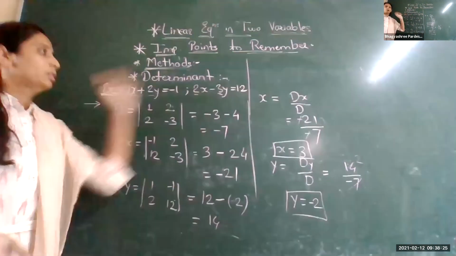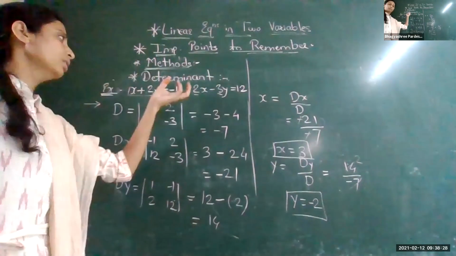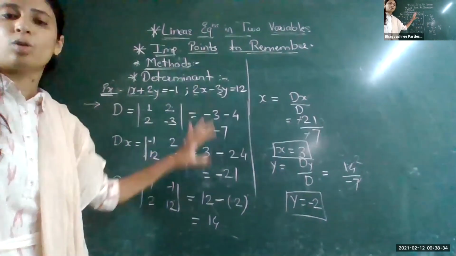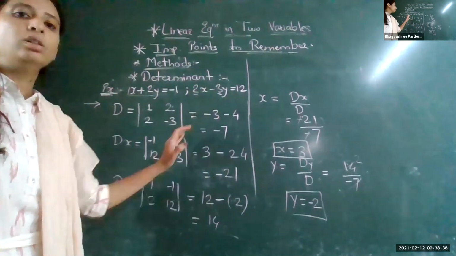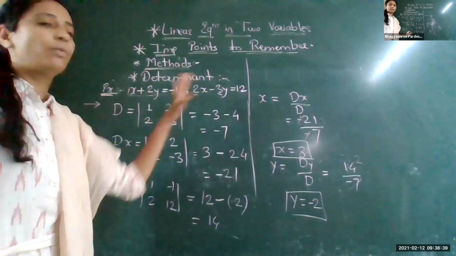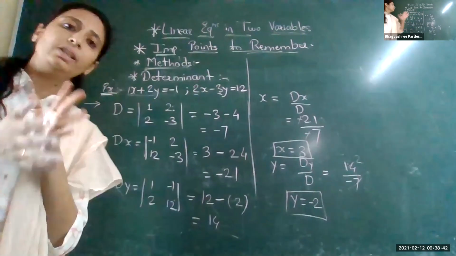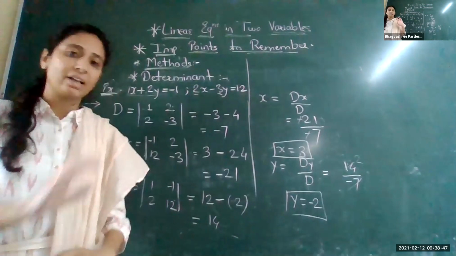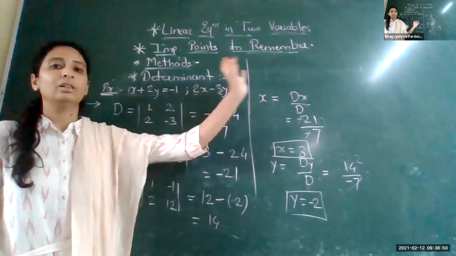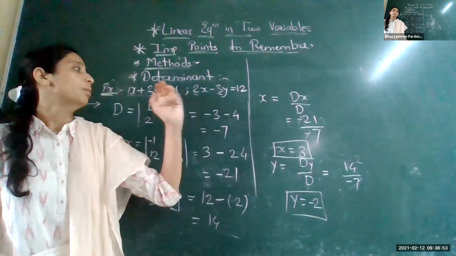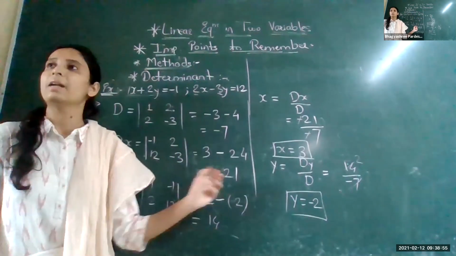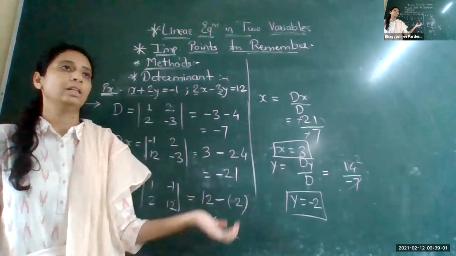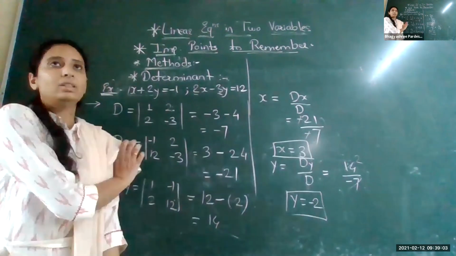If we look properly, other than substitution or elimination, with the help of Cramer's method, we can solve the equations very easily. We can find the values of x and y quickly. So what to do if in the exam the questions come from linear equations, meaning you are not asked for the method and are only told to solve the given simultaneous equations? If possible, please use the determinant method, because it can be solved very quickly. You can solve it in a few minutes. Whereas if you solve by substitution or elimination, it will take some time. So please try to solve with the help of Cramer's method.